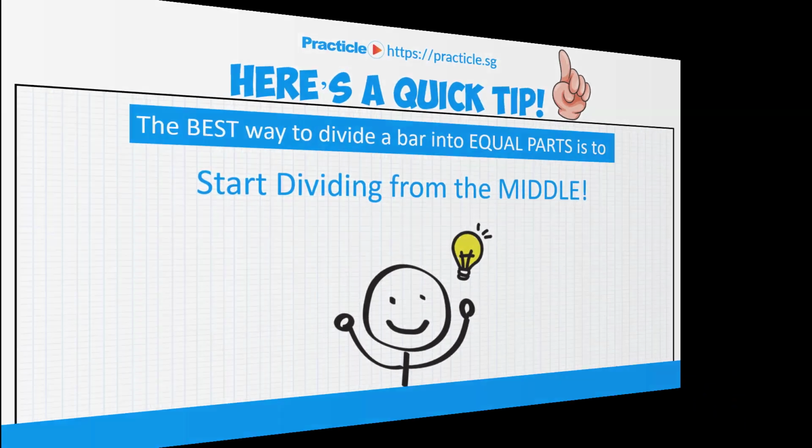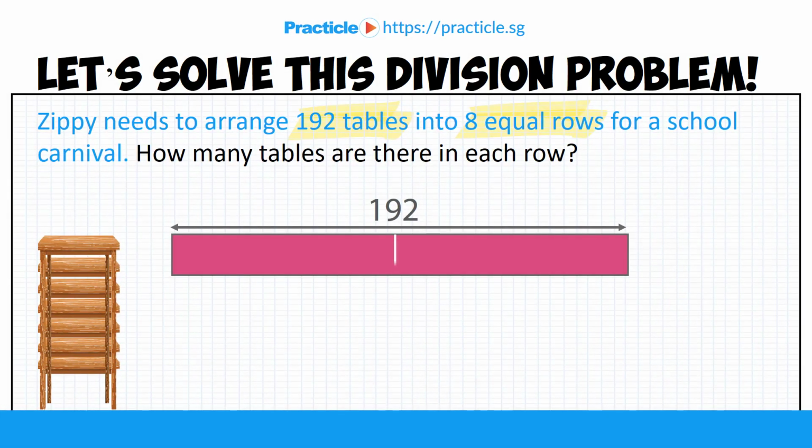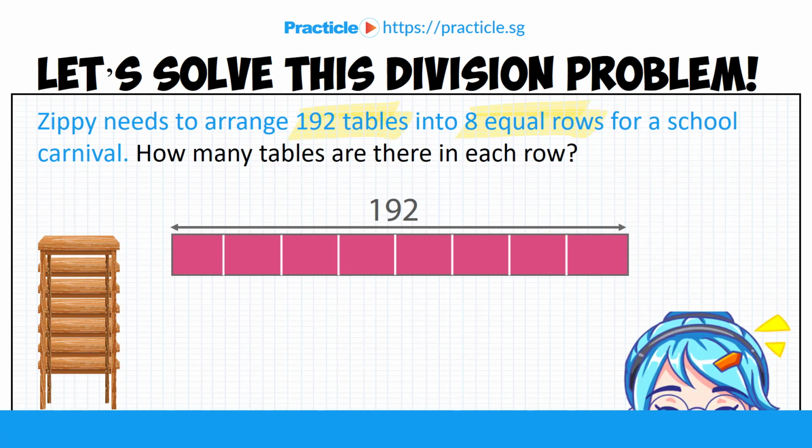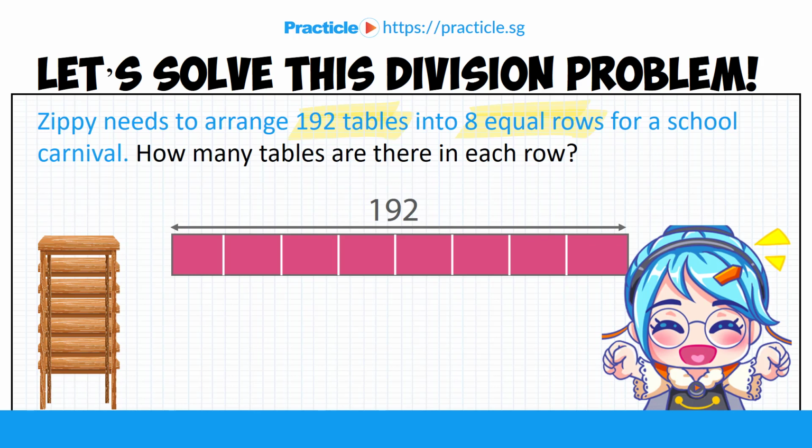Alright? And this is where our one part magically turns into 2 equal parts. And after that, if we want to divide it into more parts, we'll look at each of these parts and divide it into 2 from the middle point again. Do you remember how many parts we need? 8 parts, correct? So let's chop each part into another 2 equal parts one more time. And ta-da! That's how we get 8 equal parts.